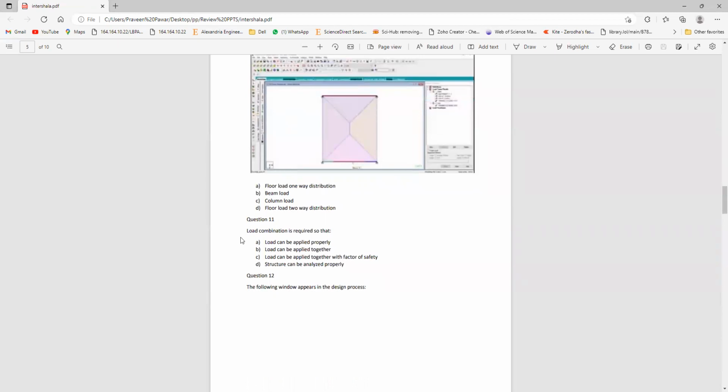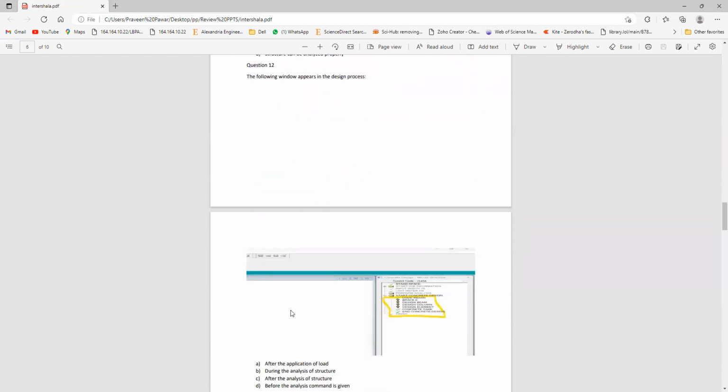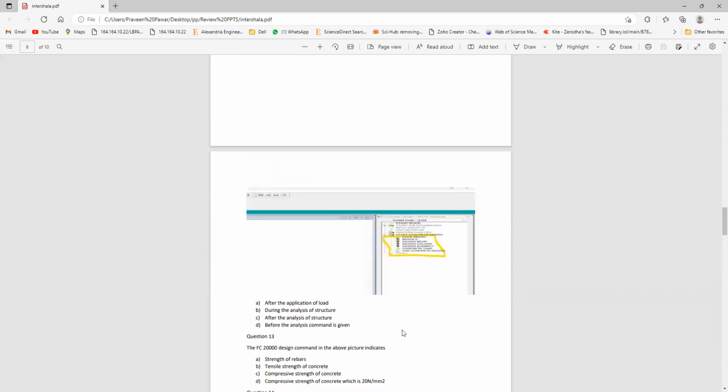Now question 11: why do we need the load combination? A load combination is required so that the loads can be applied together with some factor of safety. So option C is the right answer. For question 12, the following window appears in the design process. In this design process, what does this window appear for? This window appears after the application of load, during the analysis of the structure, after the analysis of the structure,